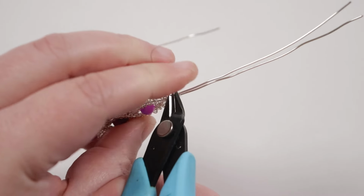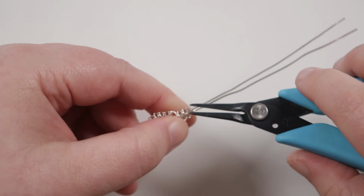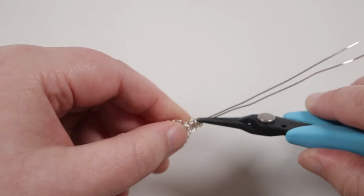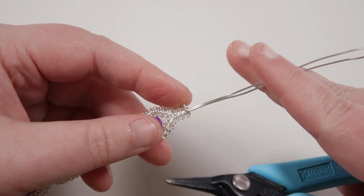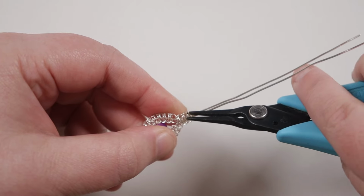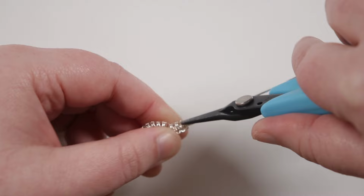Cut both of them off like that, and then make sure to grab your pliers and just grab onto the very end of the wire that's left, so you can feel it with your fingers and you can also just see it sticking out there. So I just grab to the very end, and I like to put a little bend into it,